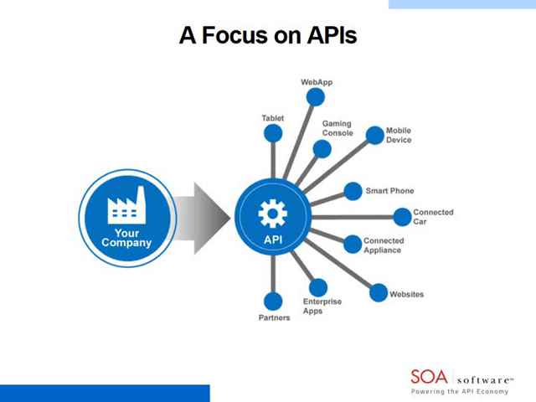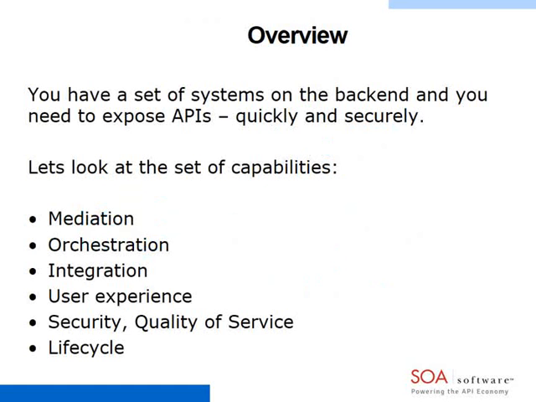Today, I'm going to talk about how do you actually build that API quickly, and how do you build that API safely, and how best to leverage the capabilities and assets that you have. So with that in mind, let's just go through a quick overview. So essentially, you have a set of systems on the back end within your organization, and you need to expose APIs quickly and securely. So let's look at a set of capabilities that I'm going to describe through the course